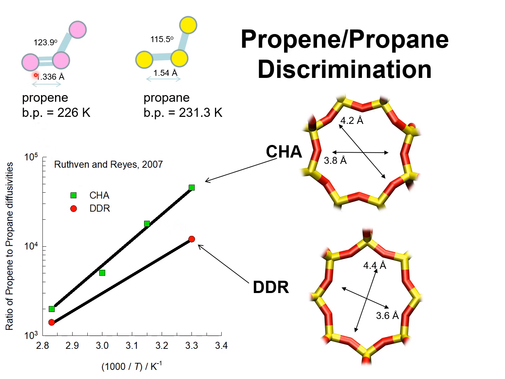Due to subtle differences in the bond angles and bond lengths between propene and propane, the ratio of diffusivity of propene to propane is a few orders of magnitude high, as reported in this paper by Ruthven and Reyes. And therefore, due to the high ratio of diffusivities, it is possible to construct a kinetic separation scheme for propene-propane